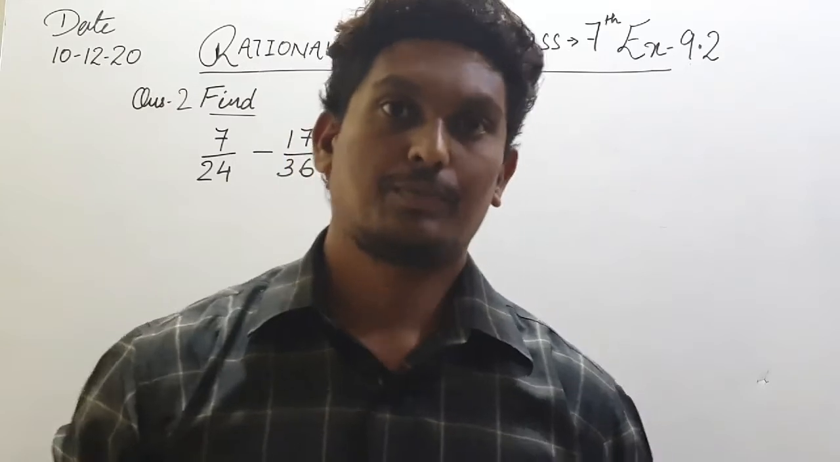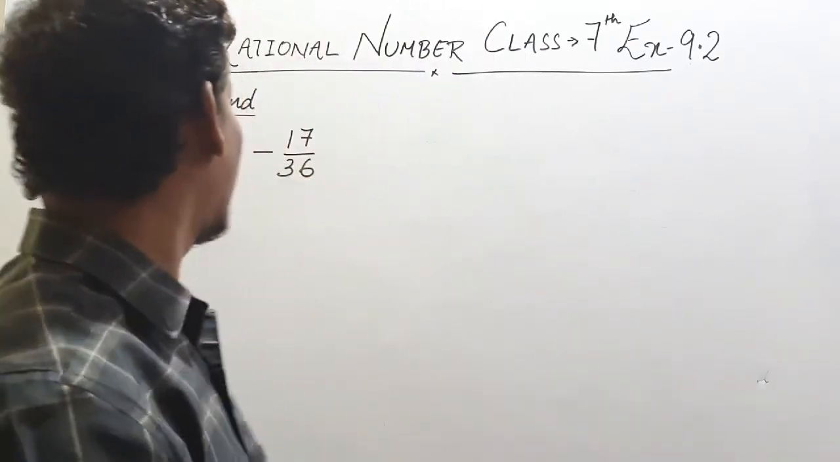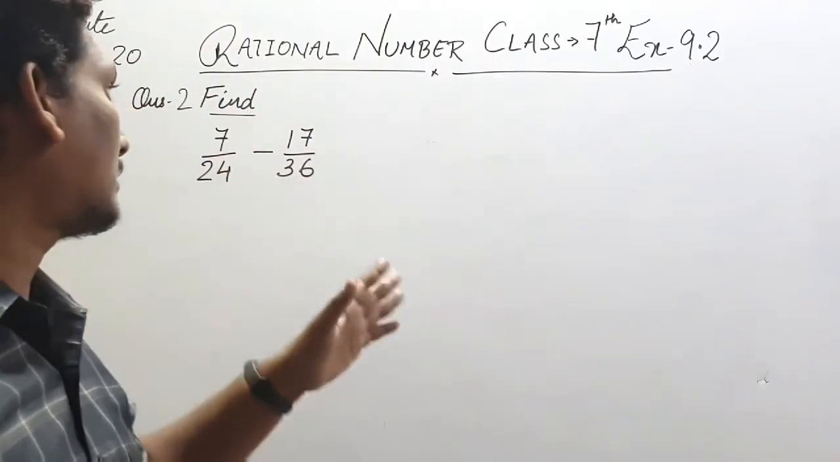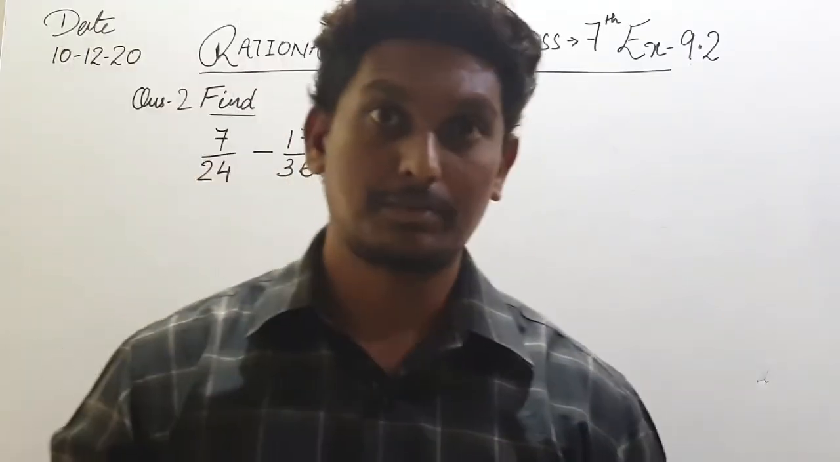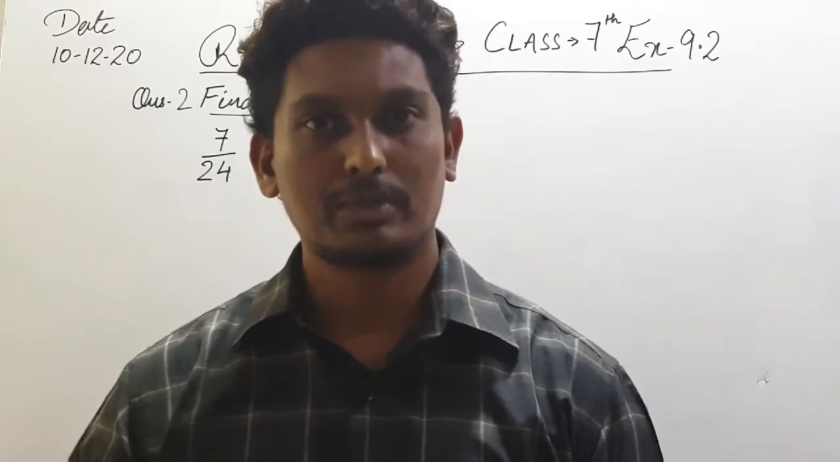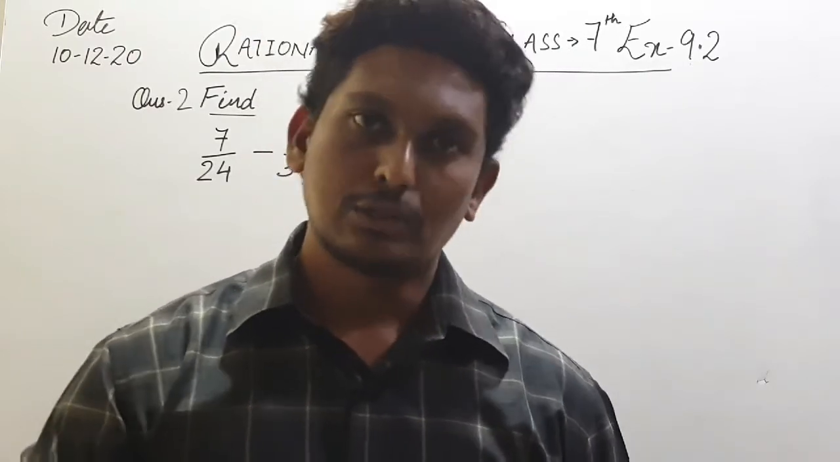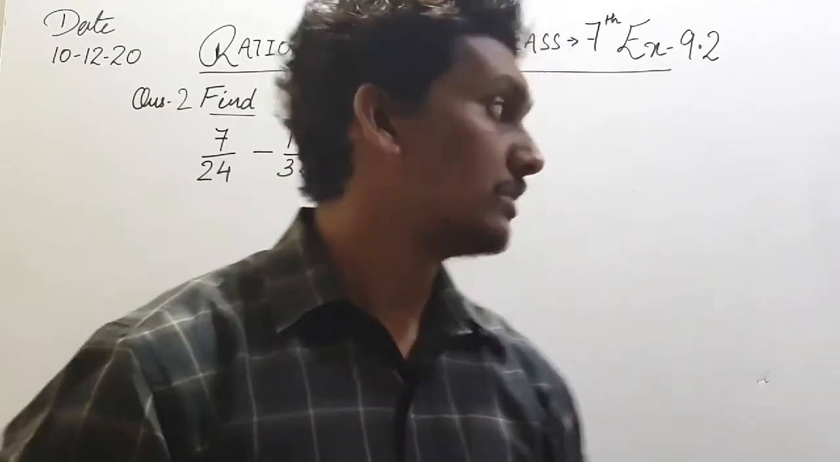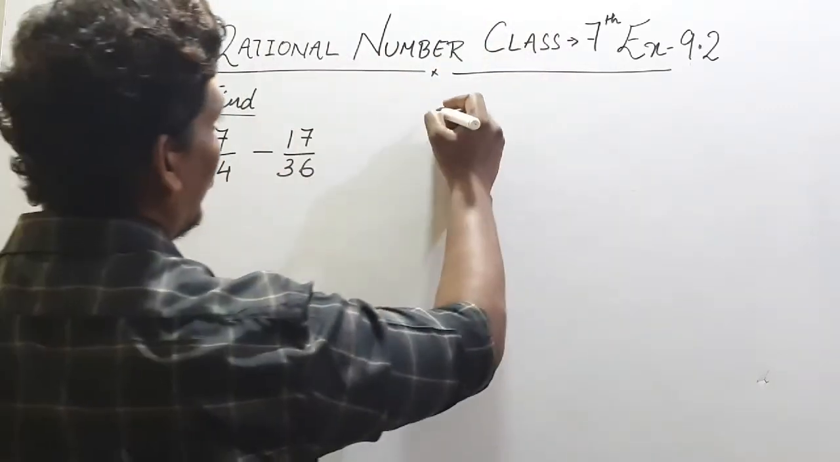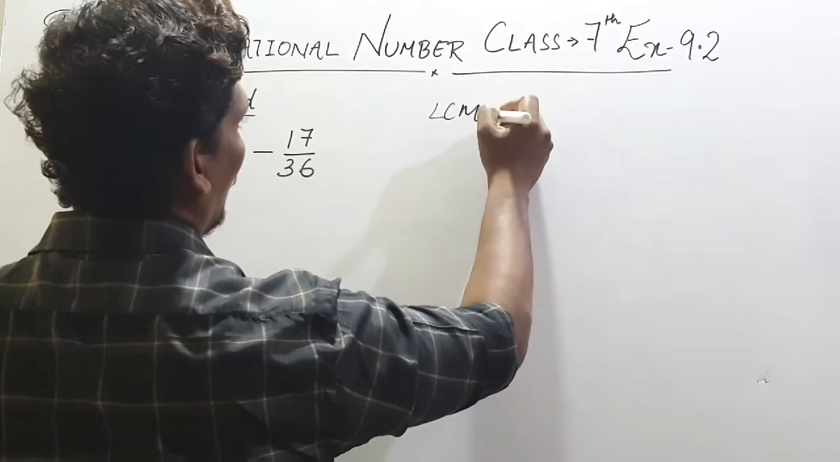Question number 2. The question is 7 by 24 minus 17 by 36. Here the question is in subtraction, right? So here also the same procedure we did in the addition. Here also we have to find the LCM. So first we are going to find the LCM of